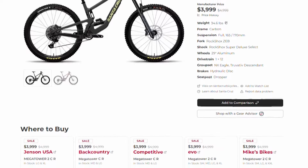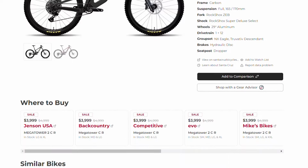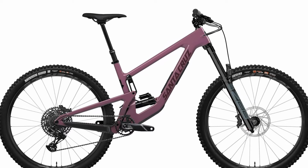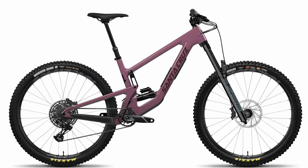$4,999 is $200 more than the Alpine Trail XR. For that, you get a carbon frame, which helps keep the weight at a few pounds under the Marin, but also significantly lower tier components. It also has 5 more millimeters of travel in the back and is available as a 29er only with no adjustments built into it. Where the Santa Cruz really does set itself apart though is on slightly less challenging terrain